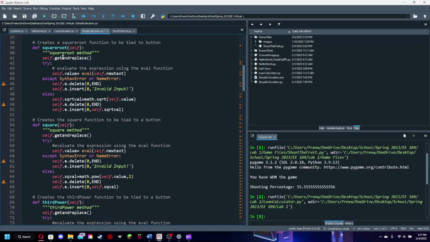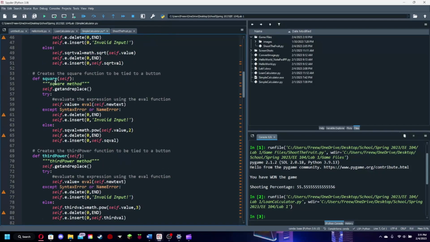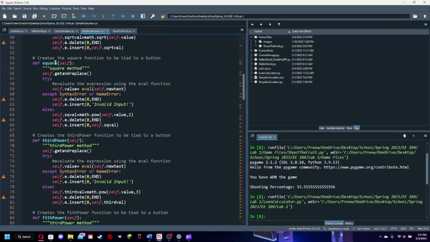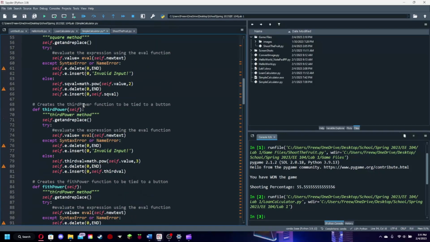This is defining the square root function. This one was not implemented on the calculator. I believe it was just there previously or something in the code. But yeah, these are all the functions for every item. They all work similar to the equal one. This one's for square,